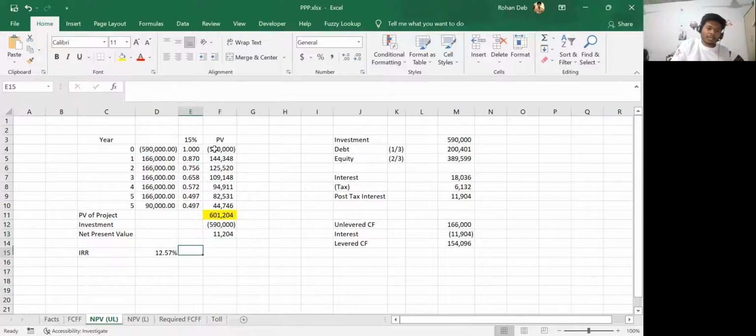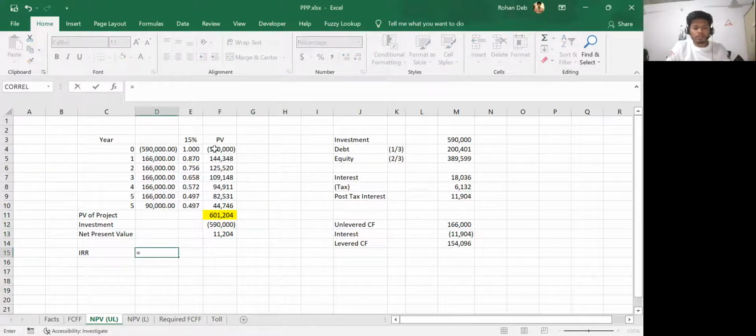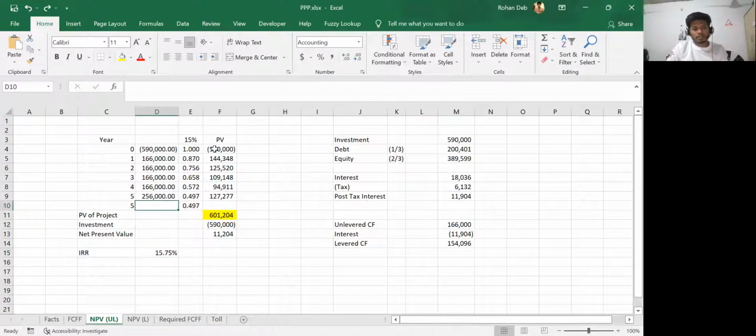Now, if I want to calculate the IRR, I would do equal to IRR, and basically here you'll get a problem because you split that entire thing. So Control Z, Z, Z, Z, Z. Okay. So basically, because I was splitting this thing, it was considering this as 6. So that's why it was coming as 12 point something. But the IRR is,